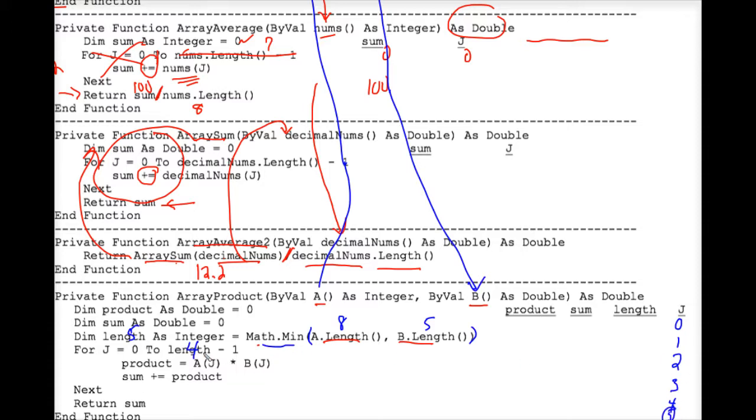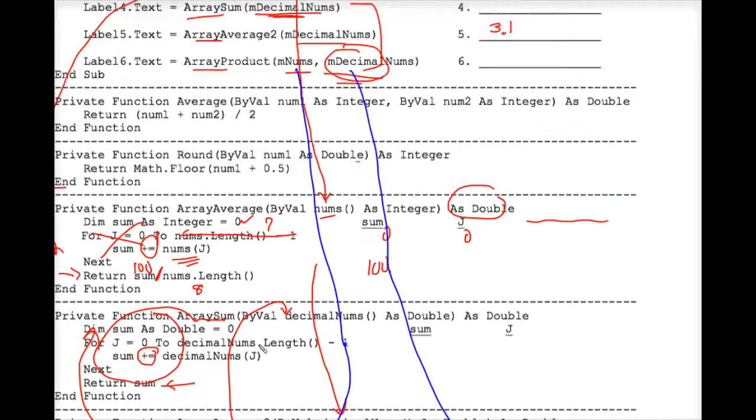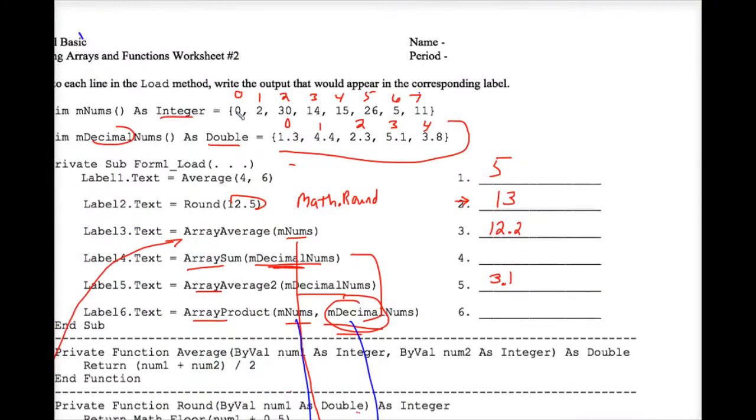But when it's 0, 1, 2, 3, 4, it takes the corresponding numbers from the arrays and multiplies them, and then adds up those products into a grand total. So I'm just going to talk about what the answer should look like. It takes 0 times 1.3, and it adds that to 2 times 4.4, and it adds that to 30 times 2.3,